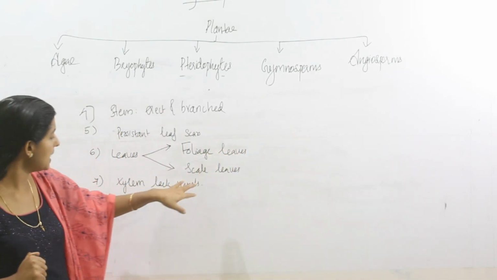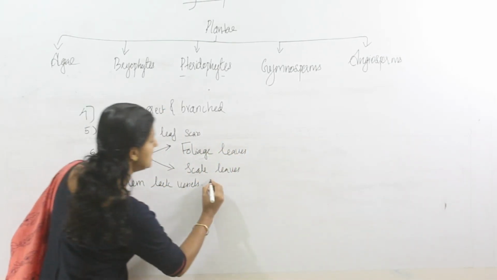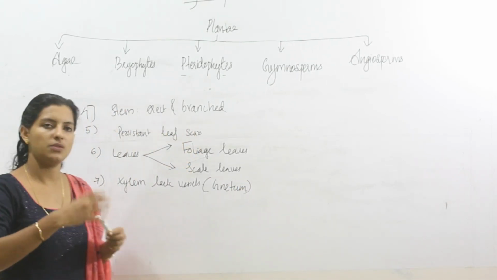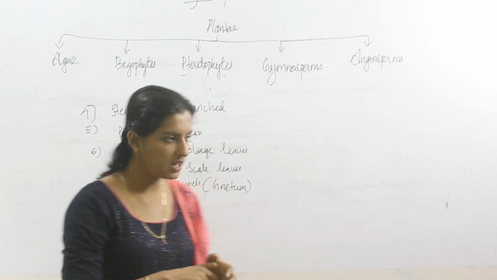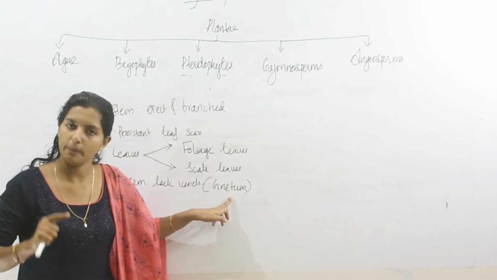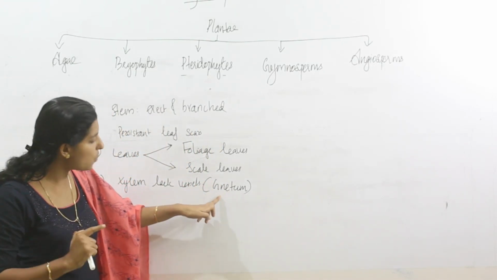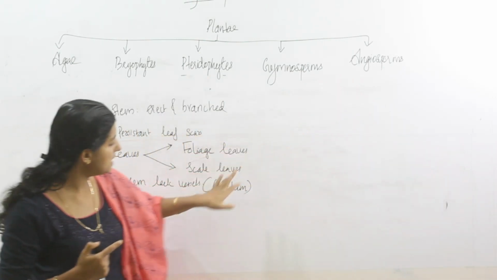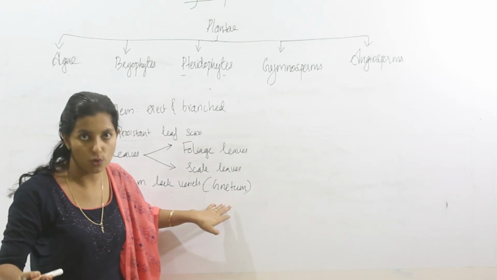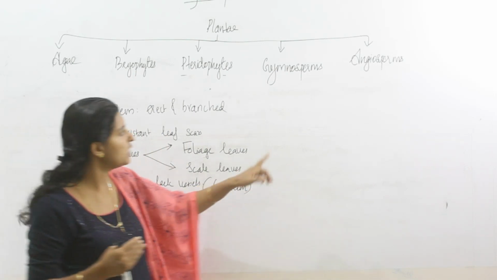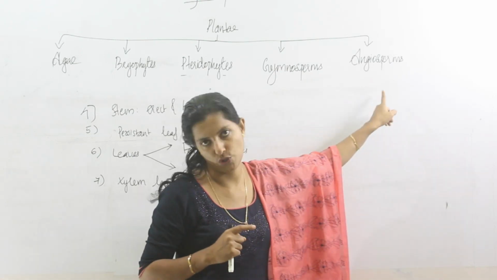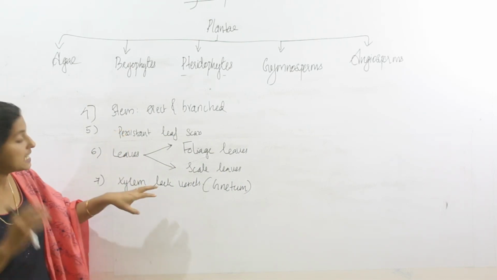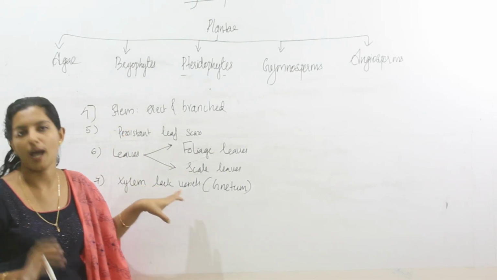But there is an exception in gymnosperms. In Gnetum, or in Gnetopsida, which we will learn in the classification section, vessels are present. So Gnetum shows an angiospermous character. Gnetum, the advanced type of gymnosperm, acts as a connecting link between gymnosperms and angiosperms. So one of the anatomical features of gymnosperms is that generally xylem vessels are absent.